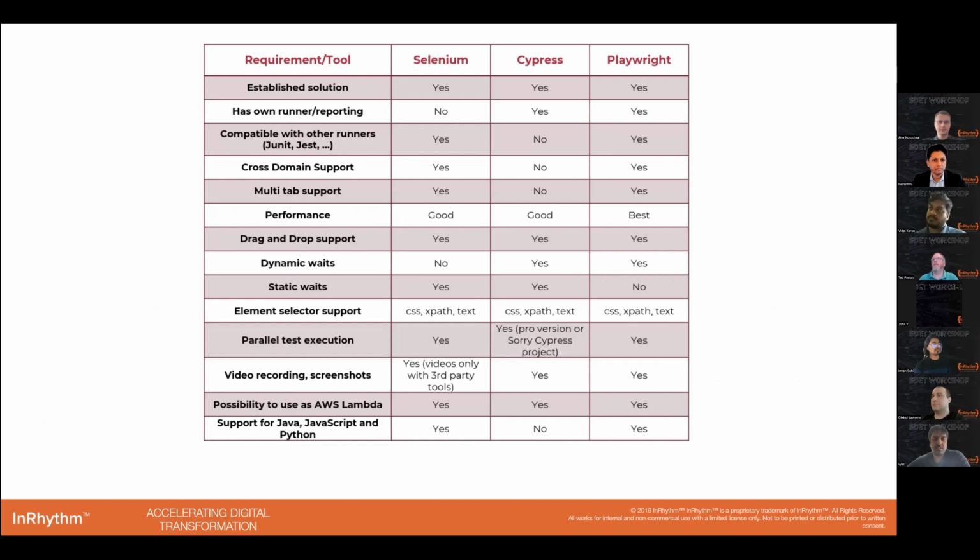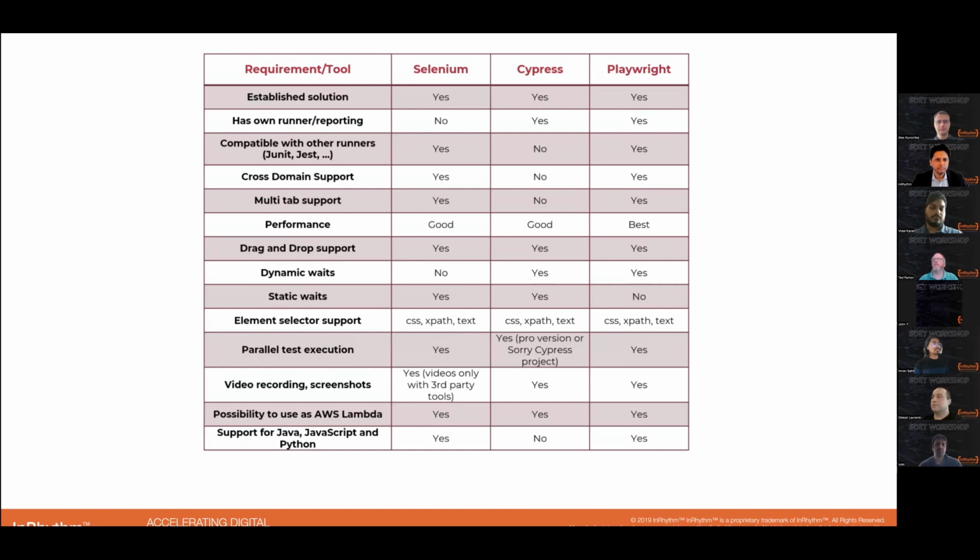And this is a diagram that Vidal put together for us, showing the different features provided by Selenium and Cypress, which are the two biggest competitors for Playwright. You can see there are not that many features missing in Playwright, except maybe static weights, and another one we mentioned earlier, some unsupported legacy browsers. But if those are not big factors for you, Playwright is an easy win.